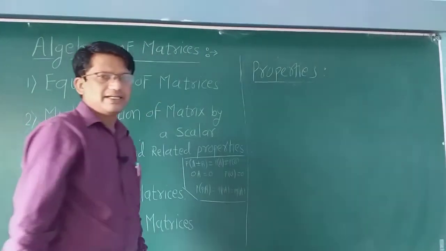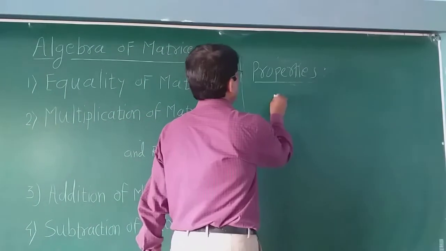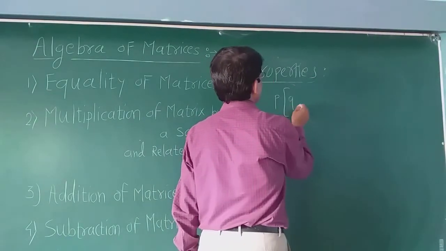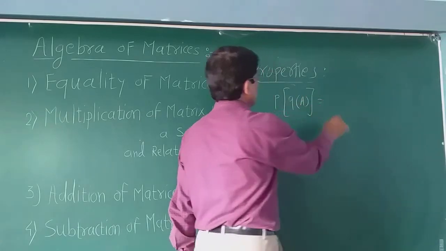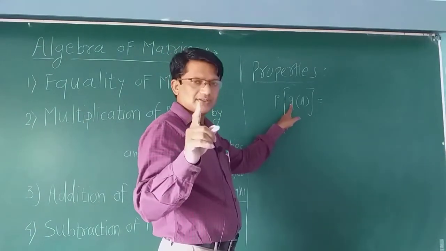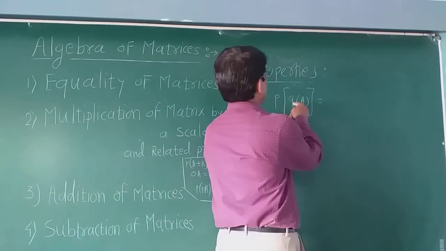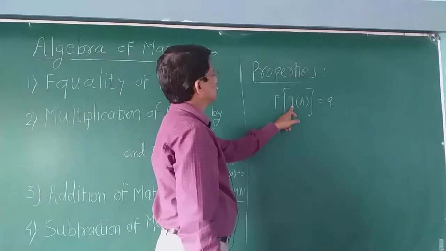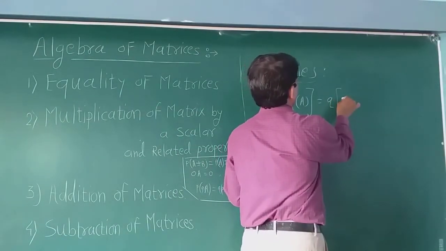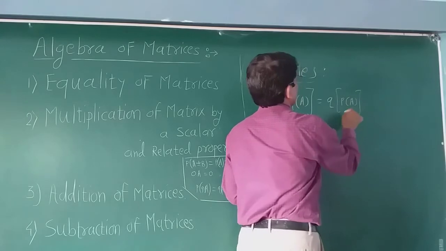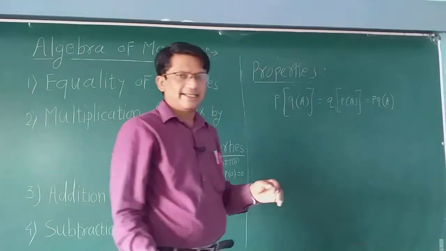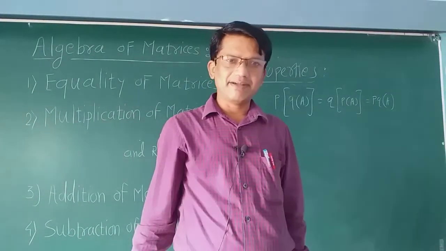Now let us see one more property. If P is given, Q is given, and here I am writing like this. This property we can represent: P is a scalar, Q is also a scalar. So take Q first at this position and P at this position, so here will be P of A. Combinedly we can say like this. This is again a basic property in a matrix.